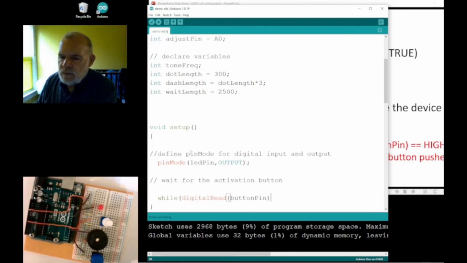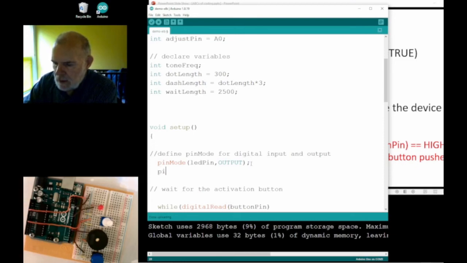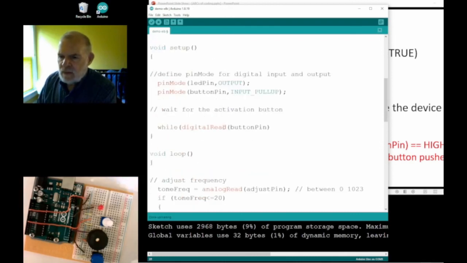Now did we set up, we didn't set our pin mode for our button pin. Pin mode for the button pin is going to be an input, but I'm going to use the form of pull-up. So if the digital read of button pin, and here's where I use two equal signs, so if that equals the high value, so while that's true, we're going to do